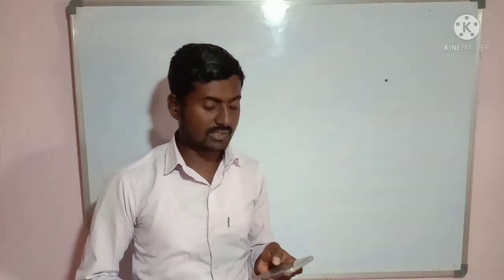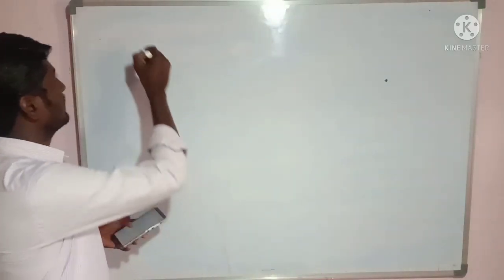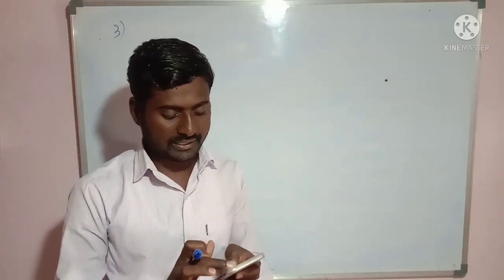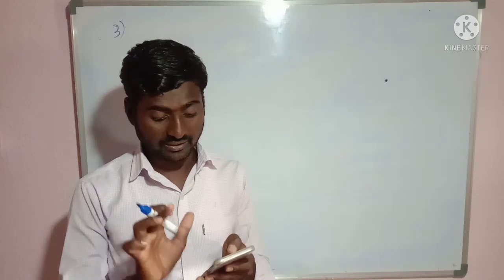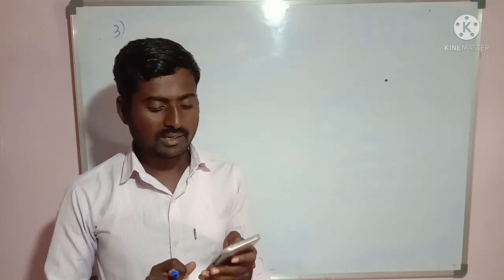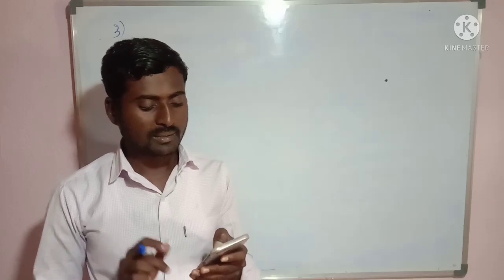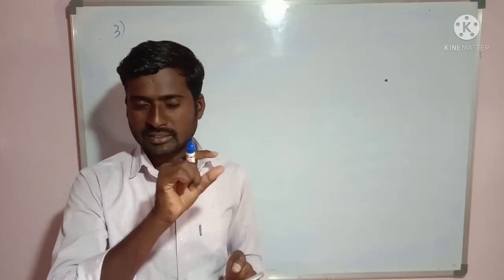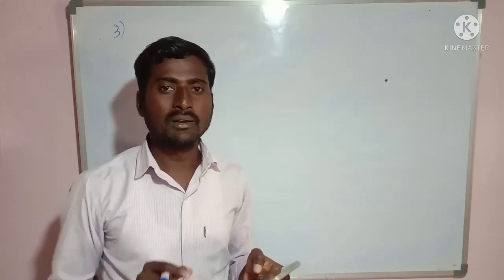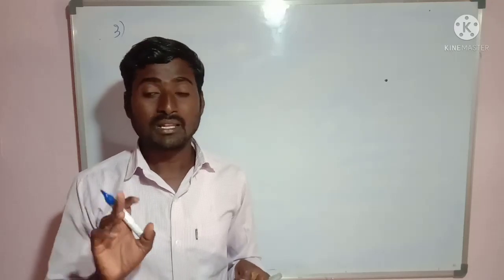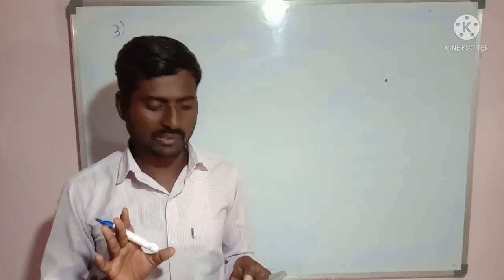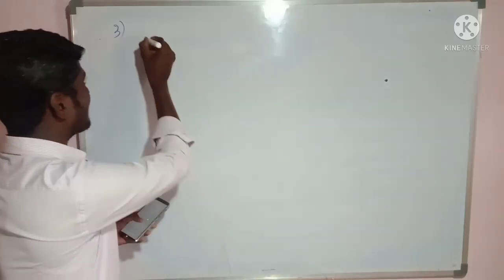Now we shall discuss the third main. See the question. From the pair of linear equations, form the pair of linear equations for the following problems and find their solutions by substitution method. So they have given the statements. From those statements we have to form the pair of linear equations first. Then after we have to solve them by substitution method. Okay. In that one, first one you can see the statement.